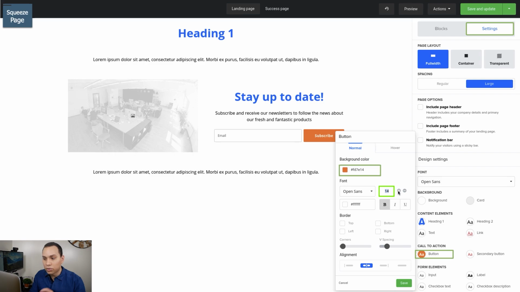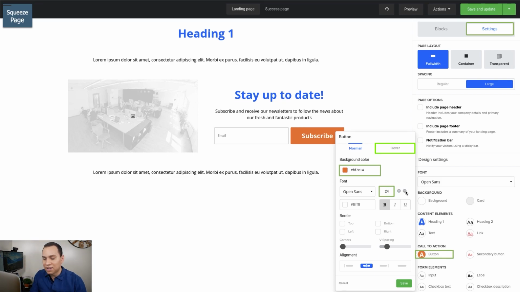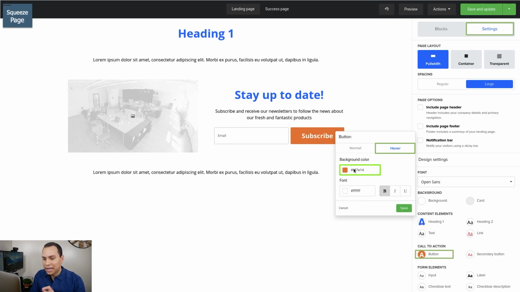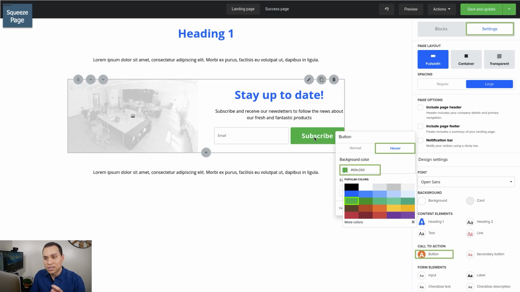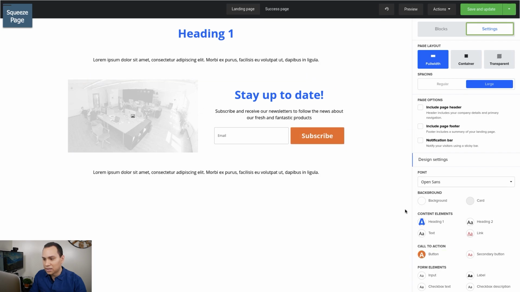I'm going to increase the font size. The reason I do this is because it's the only way you can actually make the button bigger. So we're going to jump that font size up to 24, and now you can see the font is a lot bigger. And we're going to click on hover now and change that color to green. So now when someone hovers over it, it's going to be green, and we are good to go. I'll just go ahead and click on save. And with that, we've modified all of the text and the colors that we need. Of course, you can go way more crazy than this, but for time purposes, I think that's enough, right?